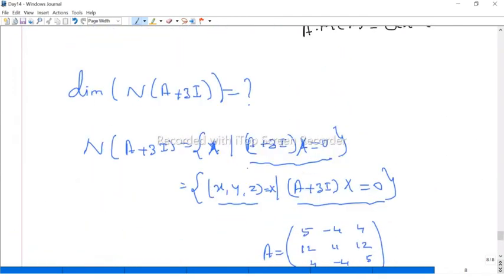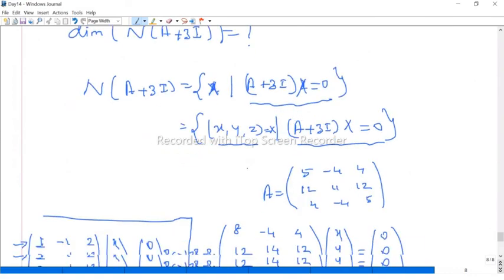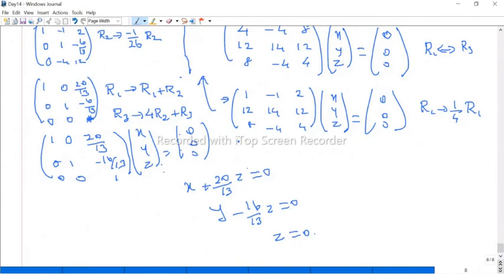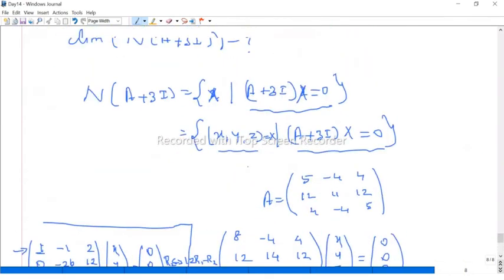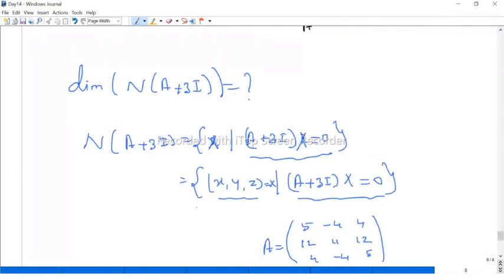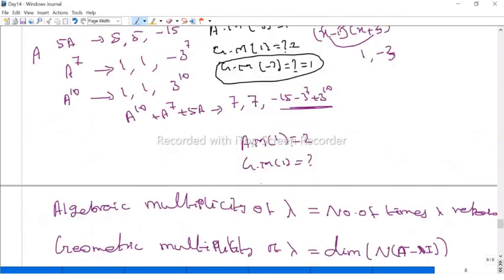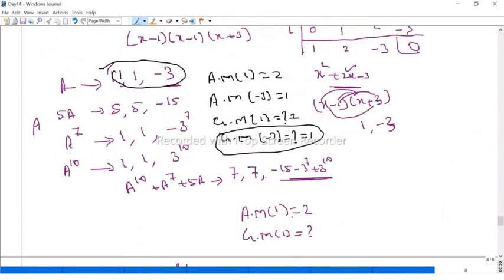So suppose you get that, does that mean 0 is the only solution? No, it is not. Maybe I made some mistake here. Okay, I don't know where I made the mistake. You should get some non-trivial solution. So therefore, finally we find the number of unknowns. Here we start with 3 unknowns. Using this condition, we will reduce this to maybe only 1 unknown. So therefore, the geometric multiplicity, I think, will be 1.